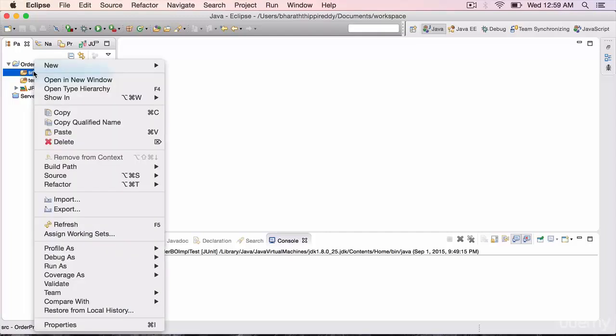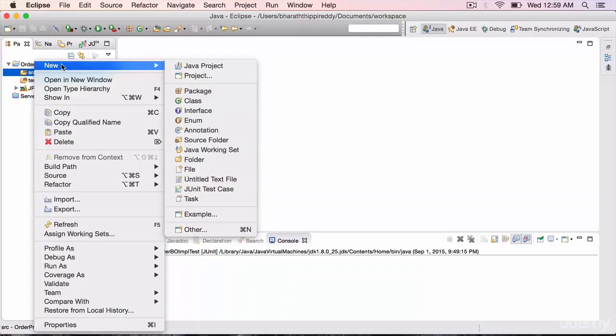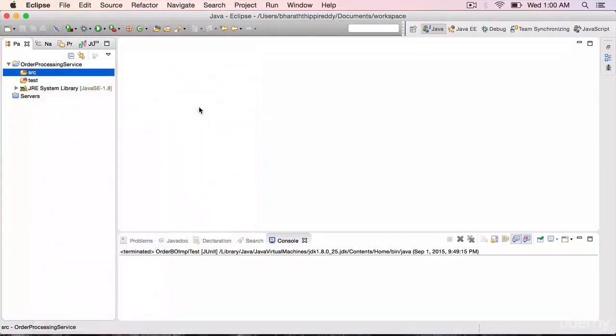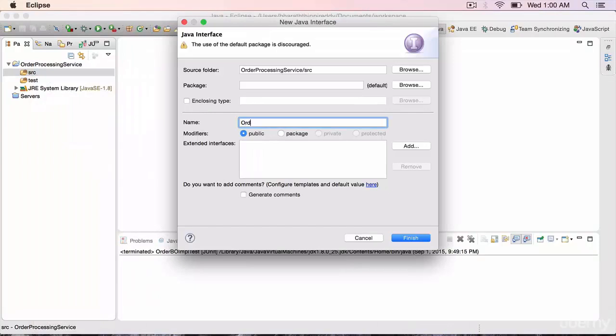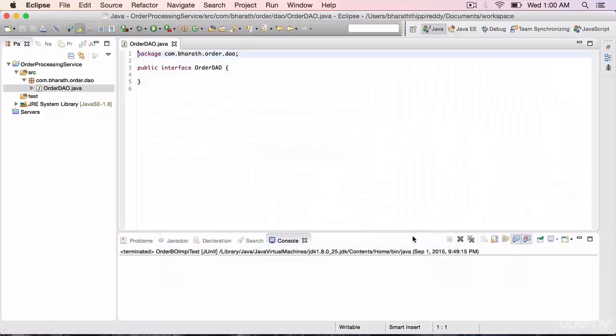Right click on the src folder to create our data access layer objects or classes. Say new interface order DAO. Give it a package name com.bharat.order.dao. Click finish. We'll have 4 different methods here for all the CRUD operations, starting with int create.